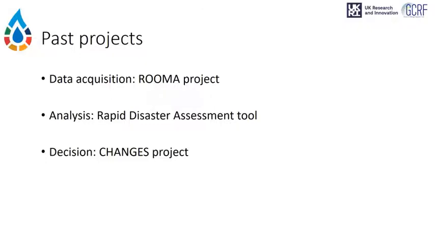I will be presenting three projects that, as you can see, I categorize into the three main steps of the platform: data, analysis, and decision. The first one is related to data collection and acquisition. This platform is called Ruma. The second one focuses more on analysis and open source data for rapid disaster assessment. The last project, which is more related to the Hub project, is a decision support system called Risk Changes, dealing with risk for now and for the future.